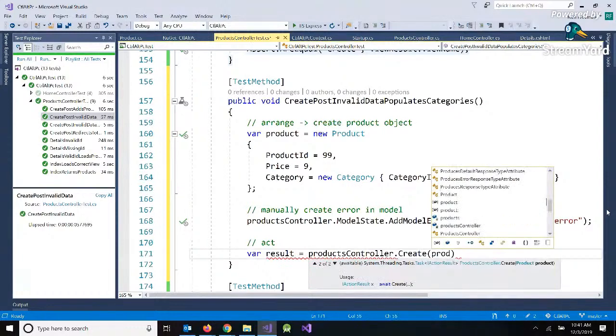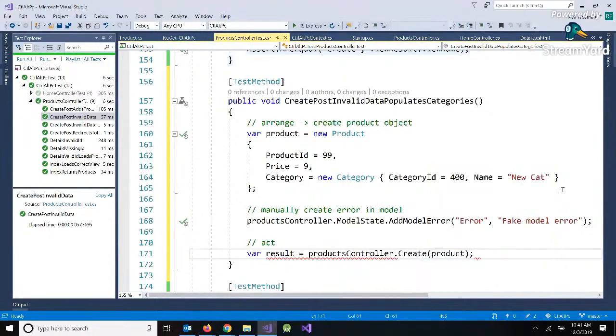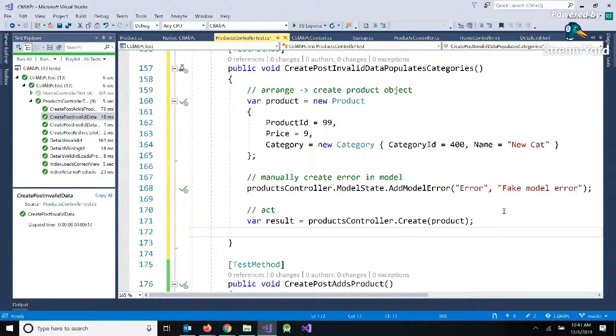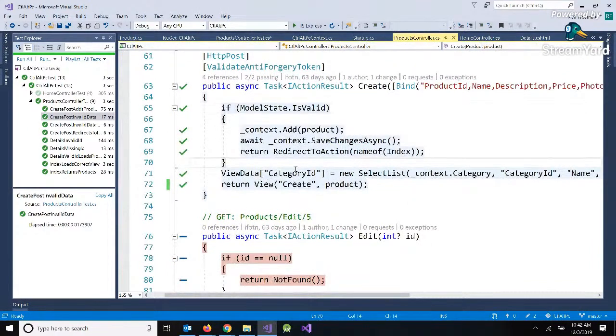We'll pass in product. So we want to check here this, that we have a